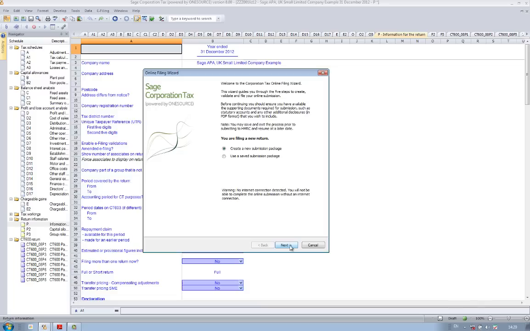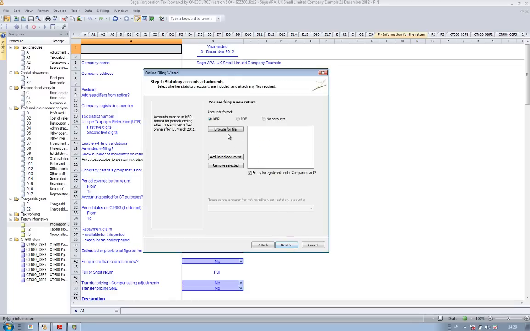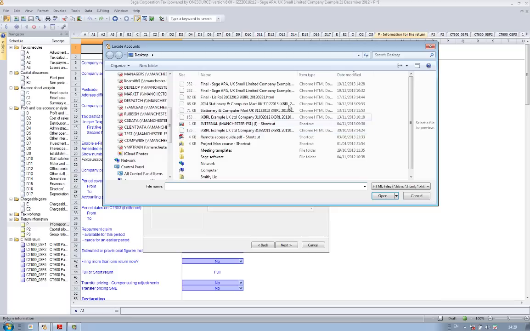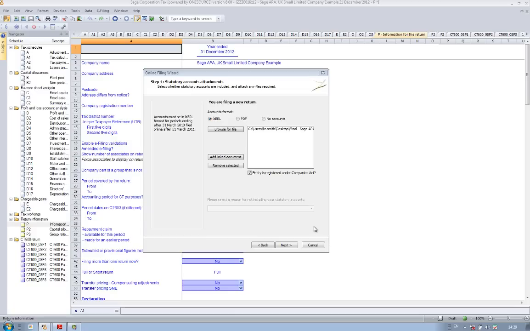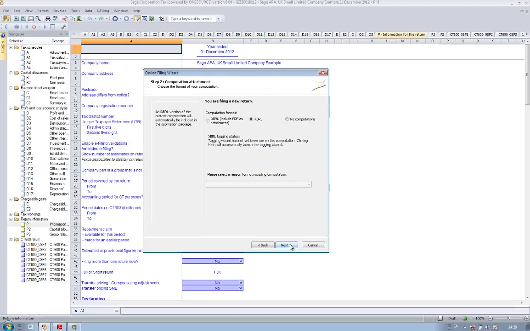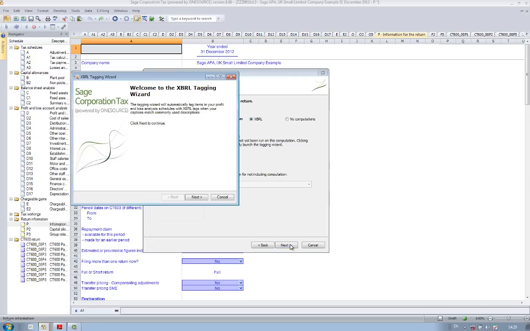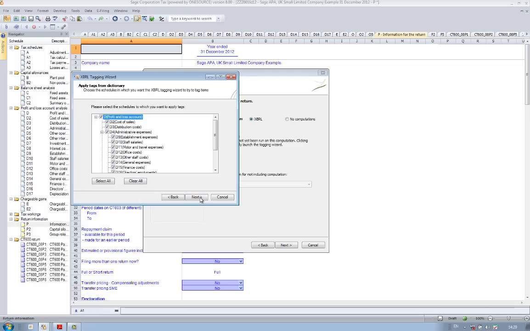We see that we're happy to do an IXBRL version of the computation, which will launch the tagging wizard within the corporation tax software. We highlight the items that we want to have tagged within our computation, and it will do that automatically, which you can then show the details against if you wish. So if you do want to see exactly what the tags look like, then please feel free to review them in there. Click on to finish, and then your final option within the corporation tax software is to browse for